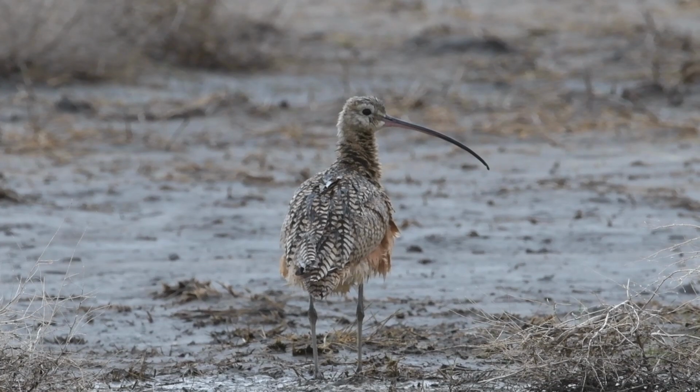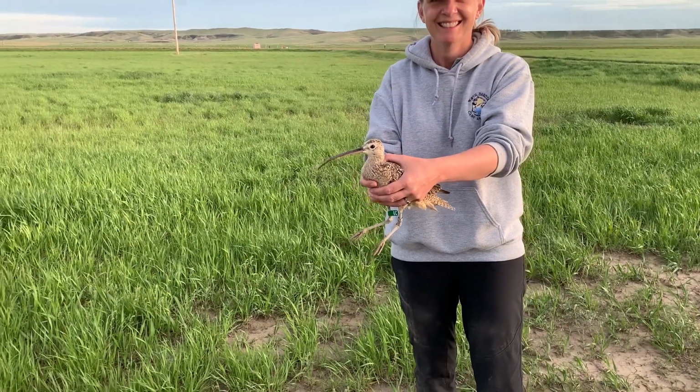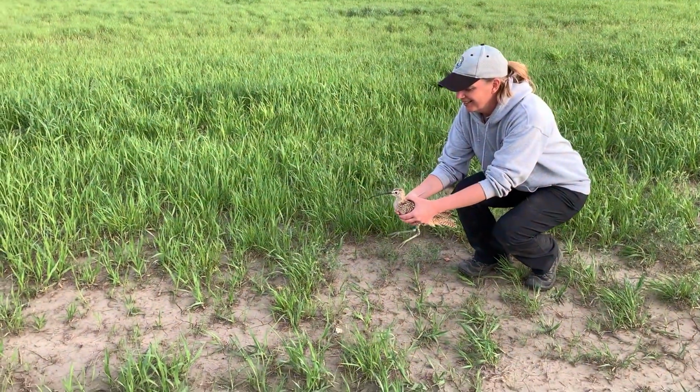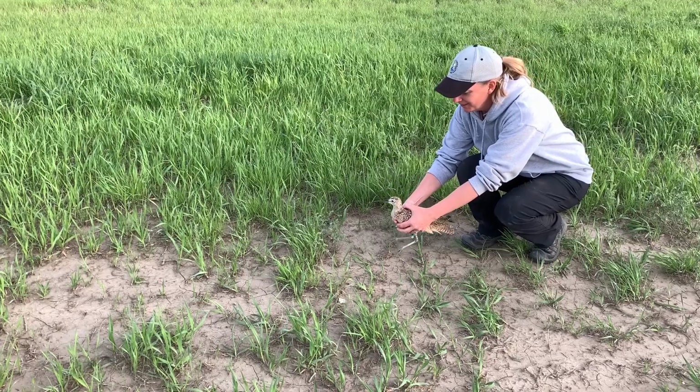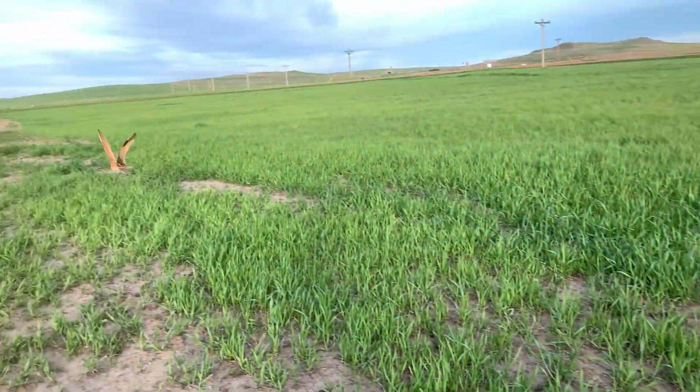So just in terms of thinking about how much impact do we have on the birds, I think it's a really important consideration to make sure we're not causing harm to these birds while we're gathering this data. But we found that these birds do quite well with these transmitters. Pretty quickly, they resume normal activity, go back to their nest, and many of these birds have migrated and given us amazing data. Lifespan on those transmitters is usually a year and a half, so that's how long the data